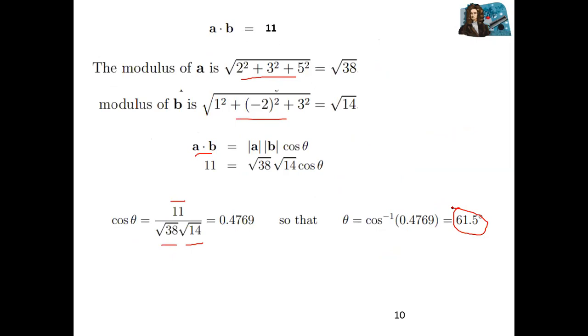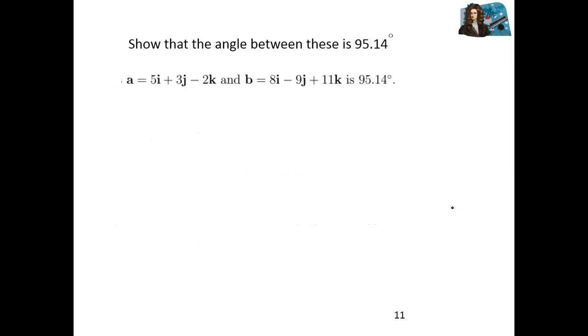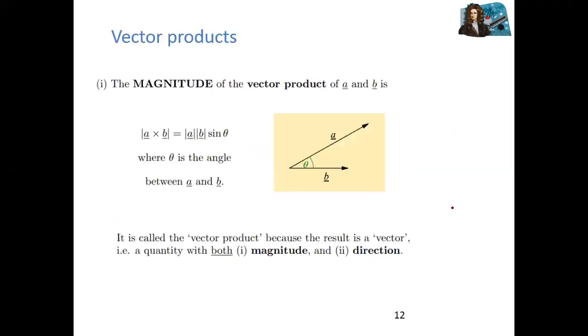Next we have what? You can try this one, but we will solve another one. We have vector products. The next topic is vector product. Vector product is a type of product in which two vectors are multiplied. The result is another third vector, a resultant vector, which is also a vector quantity.